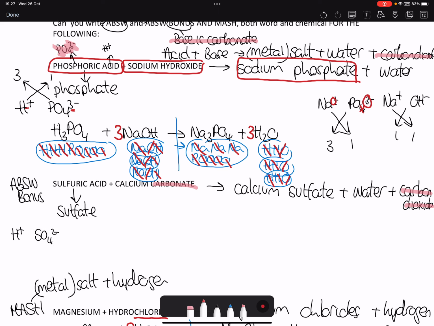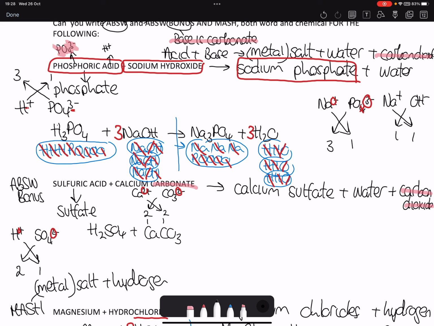We are going to do our drop, and we've said that it's the number that we are interested in. So it's going to drop as a 2 and a 1. So my formula for sulfuric acid is H2SO4. For my calcium carbonate, calcium is 2 plus, carbonate is a complex ion, so again, one you have to know, CO3 2 minus. It is the numbers we are interested in. When we do our drops, it becomes a 2:2, which is the same as a 1:1. So my formula for